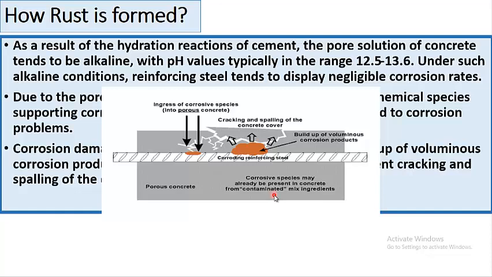That is, the water we are using during the mixing of concrete may have contaminants, or the aggregate we are using may have a high rate of alkalis in it. So these are the corrosive species. Corrosive species may enter into the concrete through these small microscopic cracks, and as a result, corroding reinforcing steel builds up voluminous corrosive products, which results in the cracking and spalling of the concrete